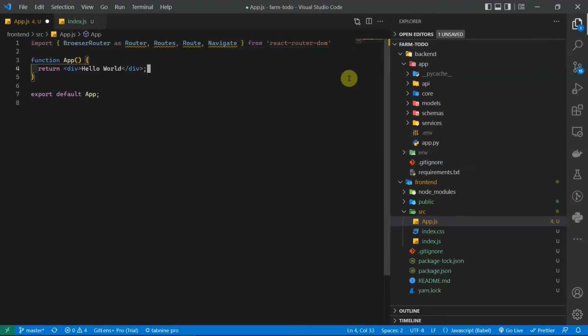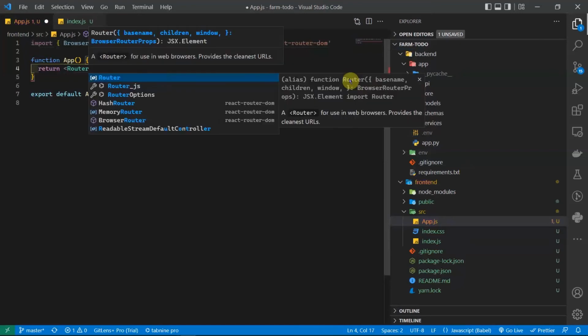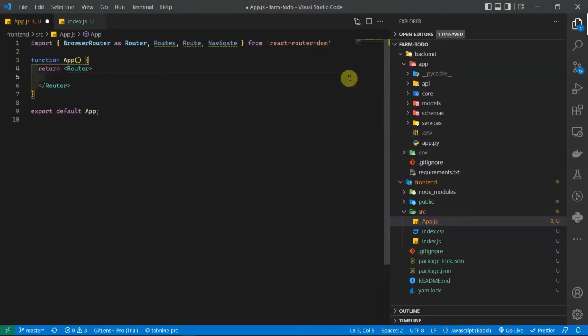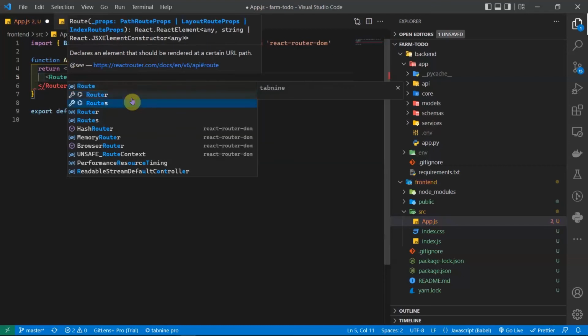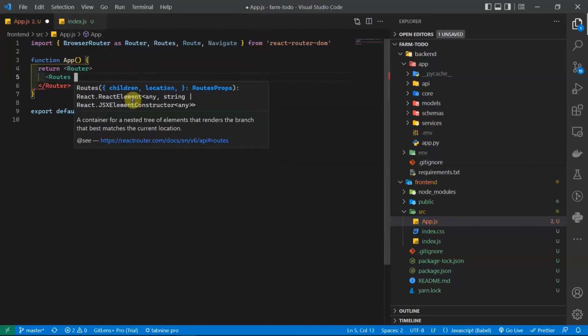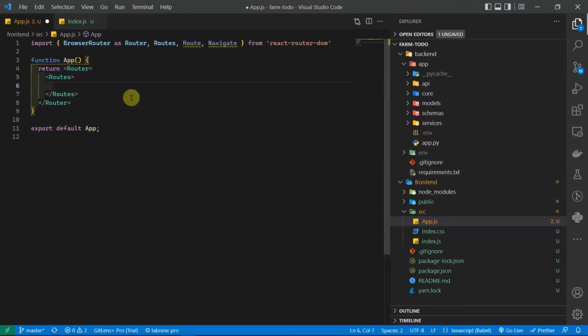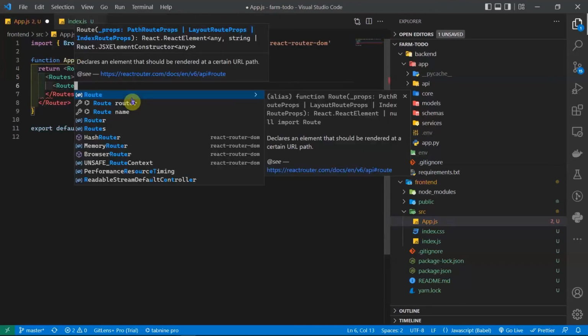So first of all, we need to wrap everything inside our Router. So inside the Router, we need to decide how our pages are going to look like. So first of all, we have a Routes handler. So Routes, and then here we can define our routes. So first route will be,